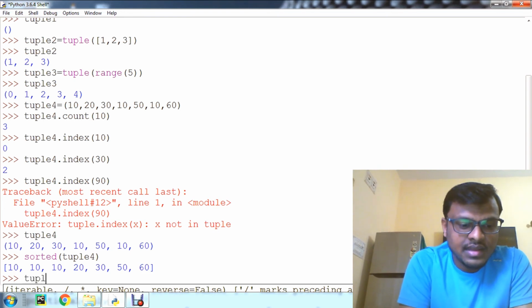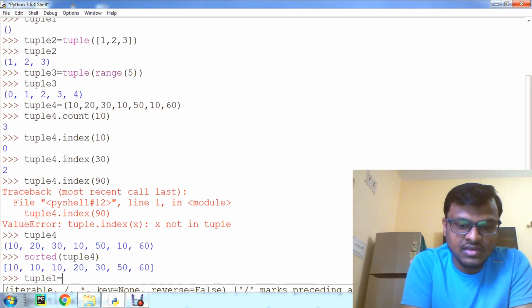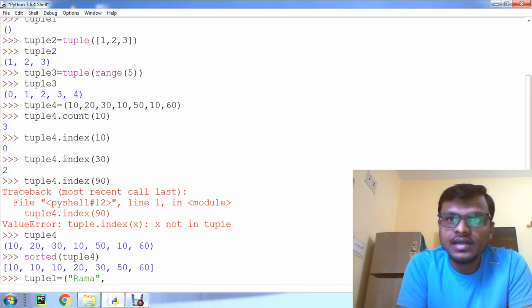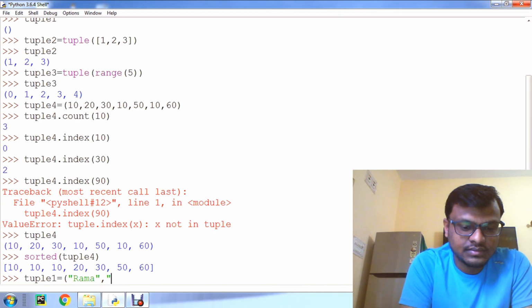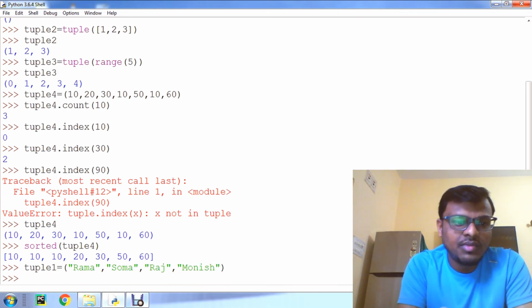For example, I can create tuple 1 with string values like this: Rama, Soma, Raj and Monish. Okay, now tuple 1 is created.